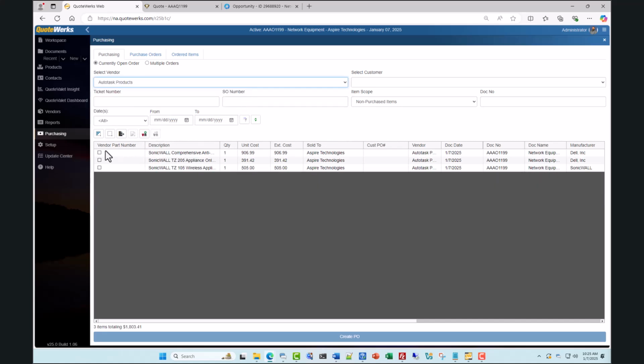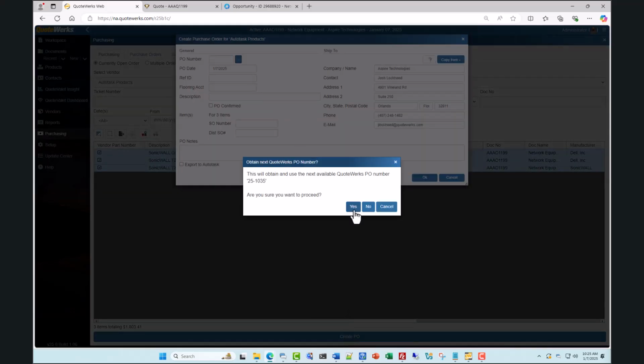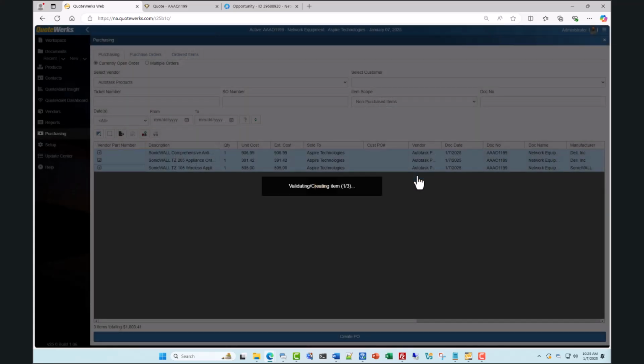So for instance, if we sort by Autotask products, we can select our items that we want to create a PO for. Once you've selected your items, click Create PO, enter in the PO number, and then at the bottom you'll see we have a checkbox to export to Autotask. You want to make sure this box is checked. When we click OK, this will create the PO in QuoteWerks. It will also then export that PO to